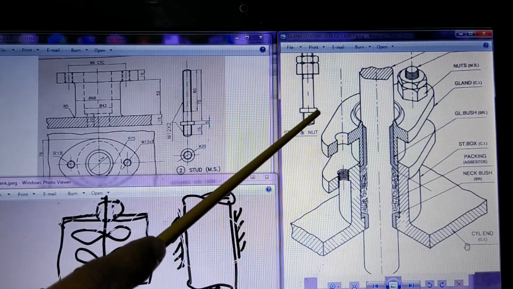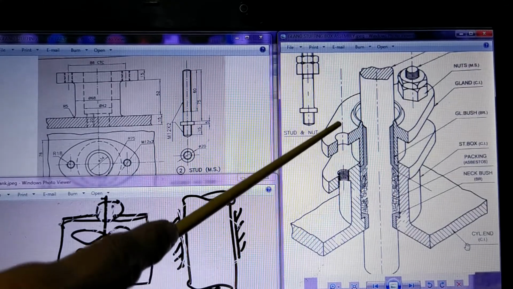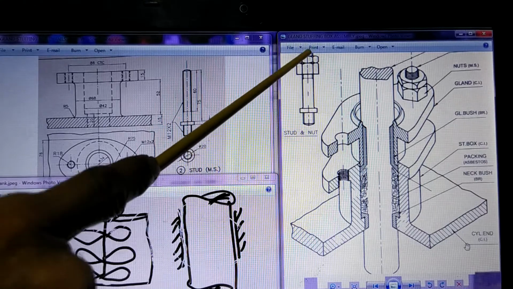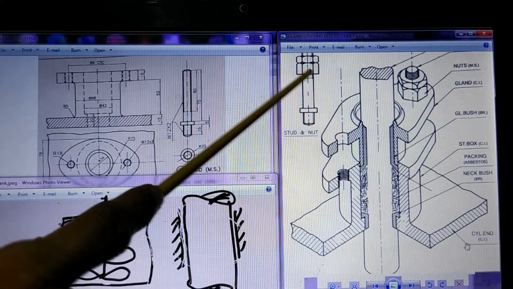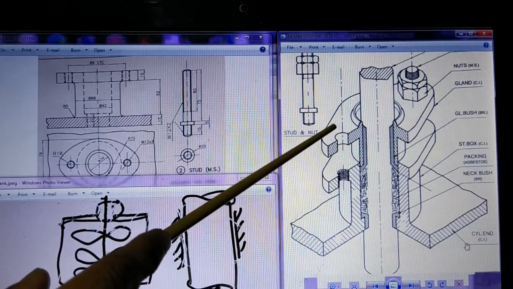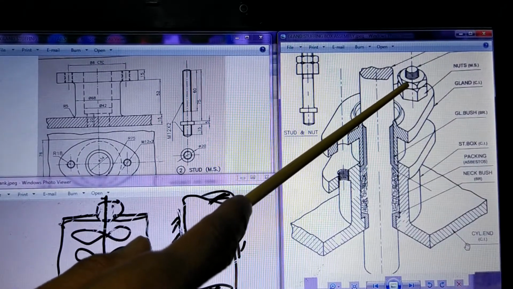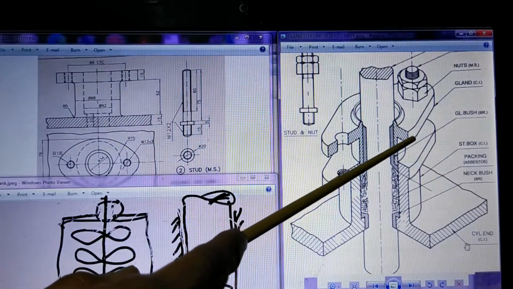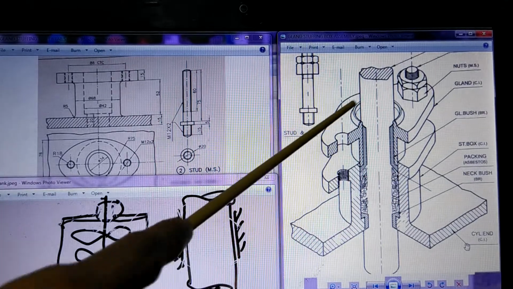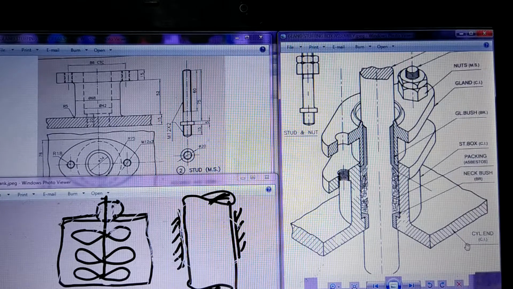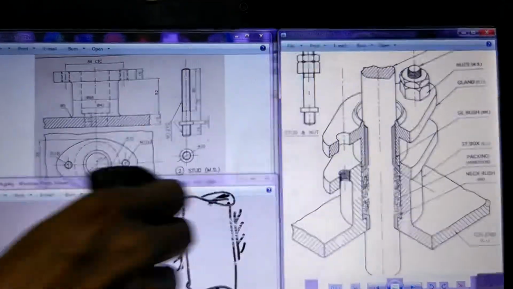The threading will go here and this collar will come and touch here, so that the stud will remain in position, it will not move at all. It is firmly held in this position. Now on the other side of the stud, there is a clearance here, there is a clear diameter, no threading, upper part there is a threading. Now this part will come out from this hole, and then there are nut bolts here. So when you rotate this nut and the lock nut, the gland will go down, and when it goes down, it will press the packing and the leakage will be prevented. So this is the function of a gland and stuffing box. Now, knowing the function, let us see how this is done by detailed drawings.